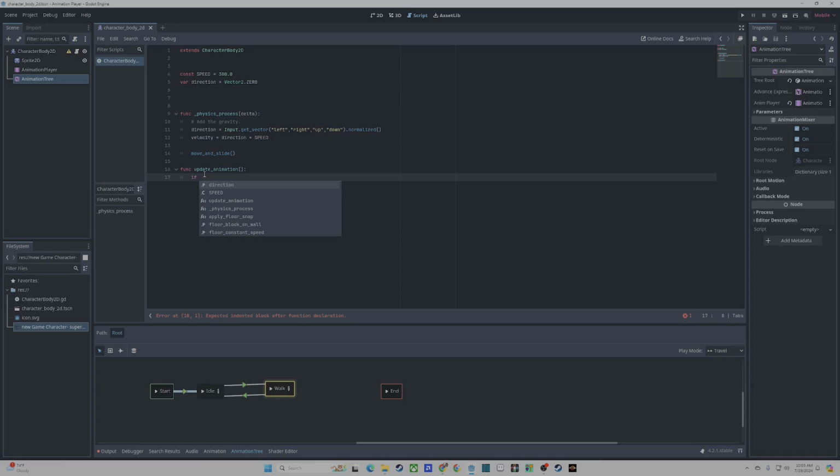So if our velocity is equal to Vector2.ZERO, that means we're not moving. All right. We want the idle condition for our tree to be true, and for walking to be false. So what I'm going to go ahead and do is access that particular condition. Now the way you do that